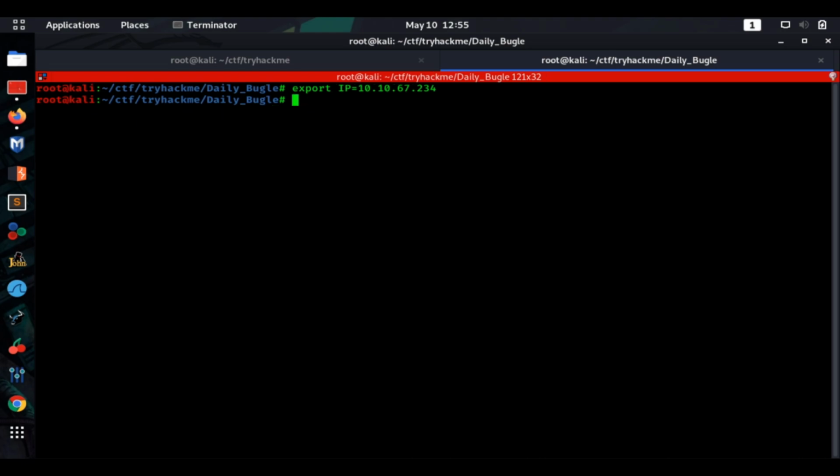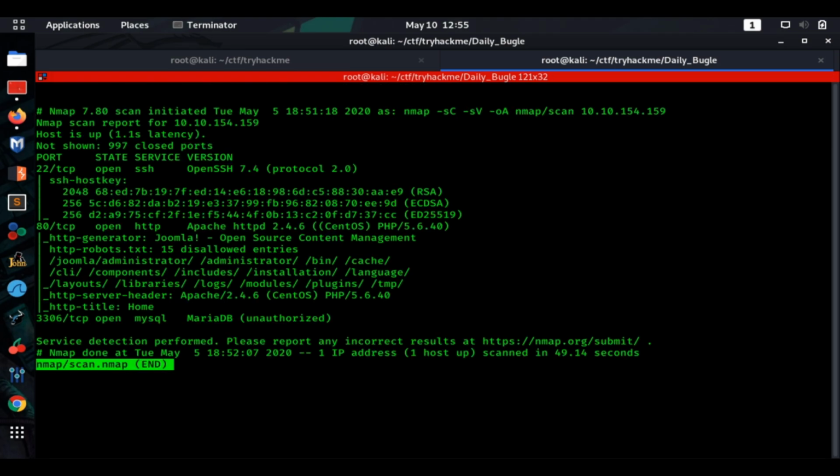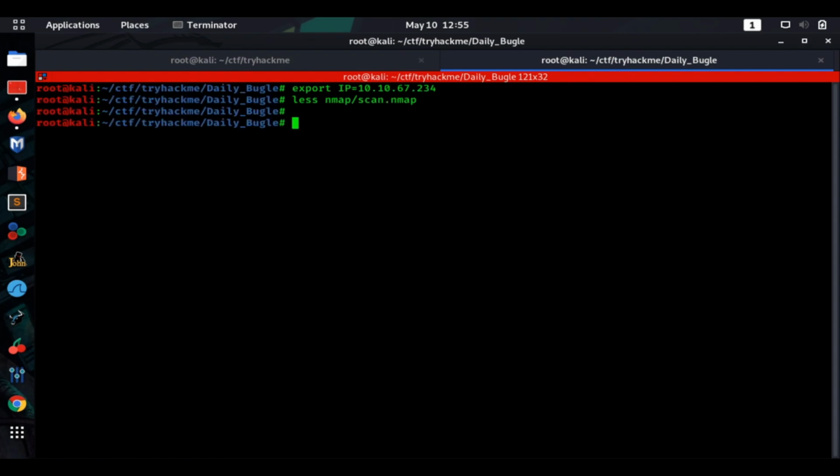All right. So let's go ahead and check out our nmap scan. As you can see, we got 3 ports open: 22 running OpenSSH, port 80 running Apache, and then port 3306 running MySQL. Okay. And if we also check out our GoBuster,